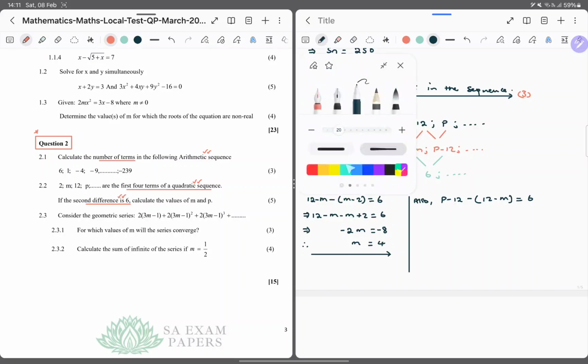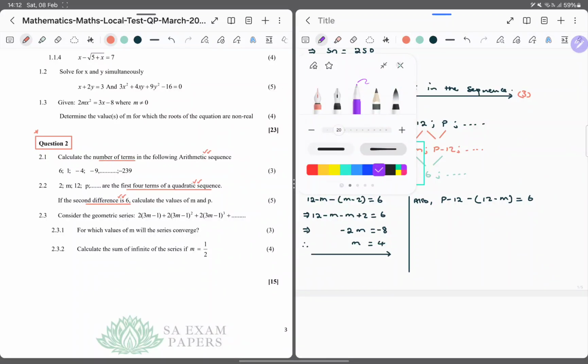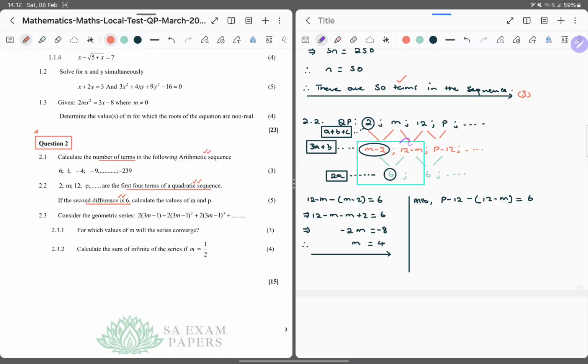Now, as you can see, guys, this is what we are doing. The first one, we're taking these second differences from there, and the next one we are taking it from here. So it's always nice to understand what you are doing so that you can work it out. So this is going to be p minus 12 plus m. Okay, maybe let's just